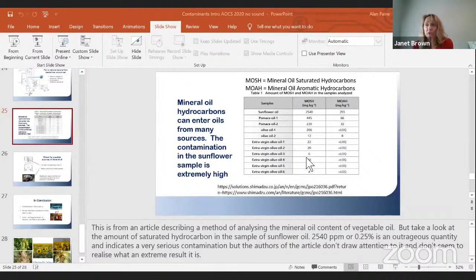So I've got another question here. Going back to the chlorine topic, could chlorine come from bleaching in the process? Oh yes. As I said before, if you're using bleaching earth that's been activated with hydrochloric acid, that definitely has a detrimental effect on 3-MCPDs, but it has a beneficial effect on glycidyl esters. Glycidyl esters can be destroyed by bleaching with acid-activated bleaching earth, but for 3-MCPDs, hydrochloric acid-activated earth certainly has a detrimental effect.